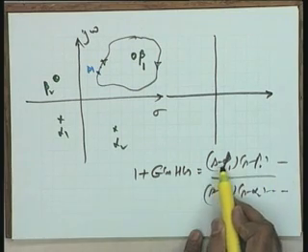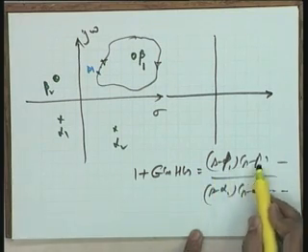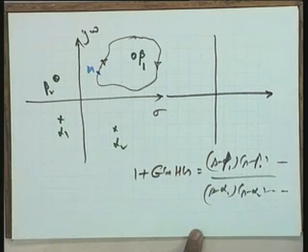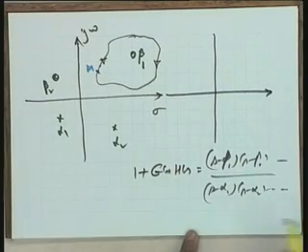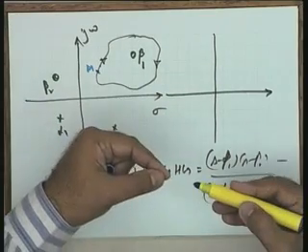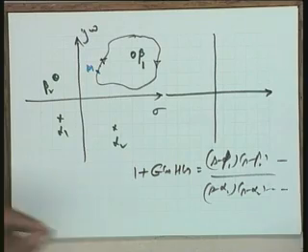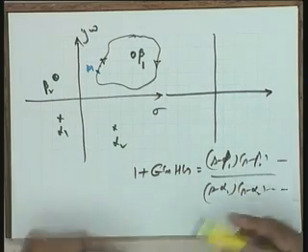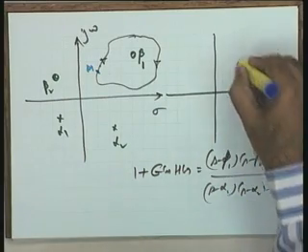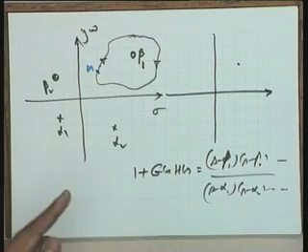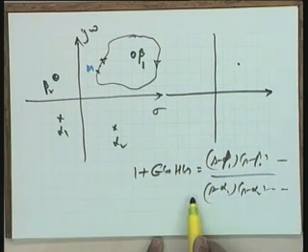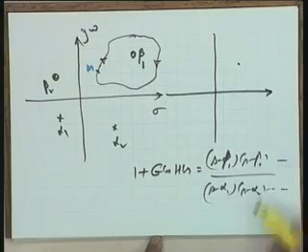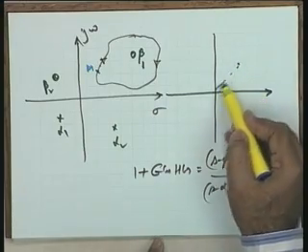So, it means S1 minus beta 1, S1 minus beta 2 are the numerator phasors. S1 minus alpha 1, S1 minus alpha 2 are the denominator phasors. Multiply the numerator phasors divided by the multiplication of the denominator phasors, that gives you the magnitude of the corresponding point here. And how about the phase angle? Add up all the angles of these phasors, add up all the angles of those phasors, take the difference, and that is the angle of this point here.